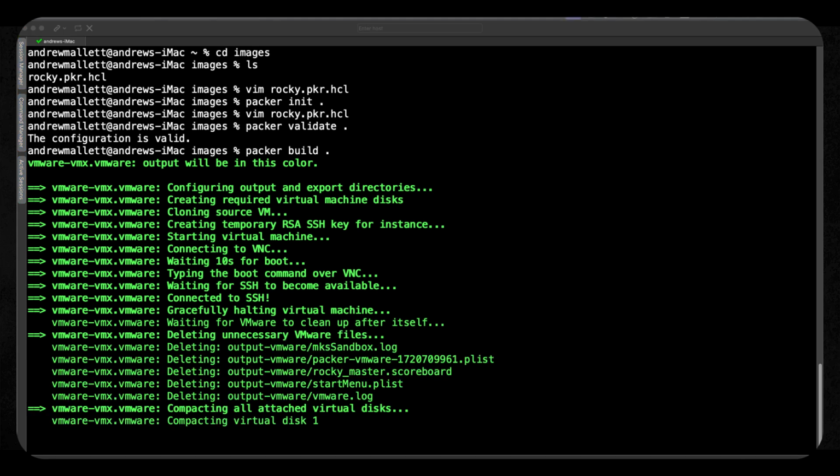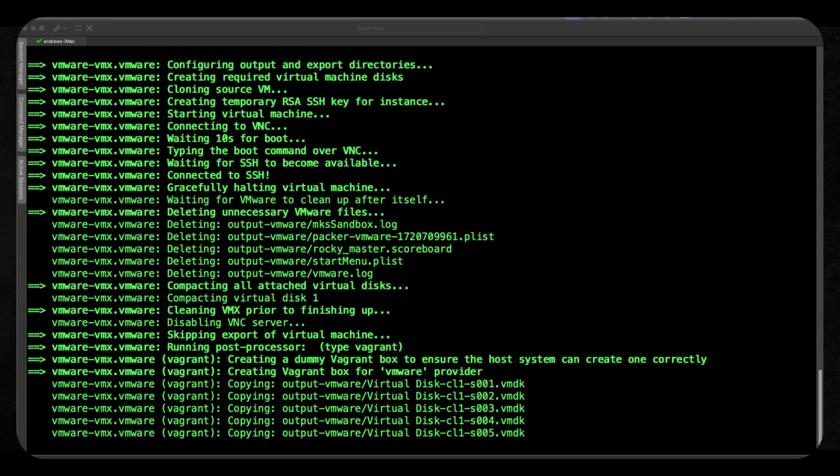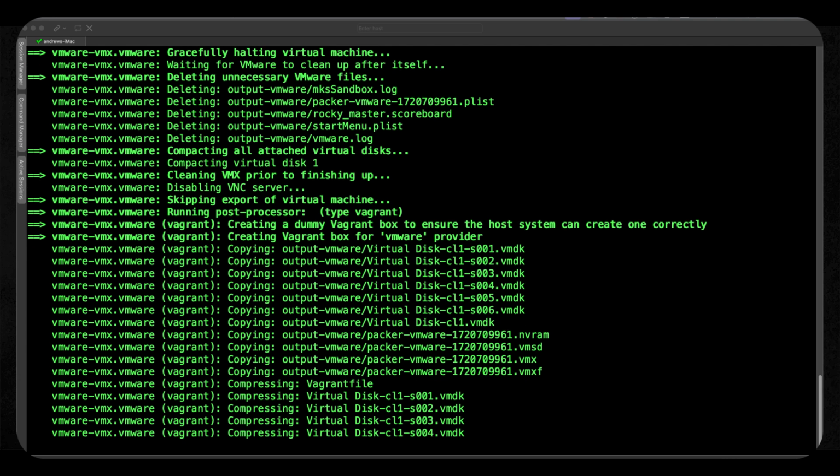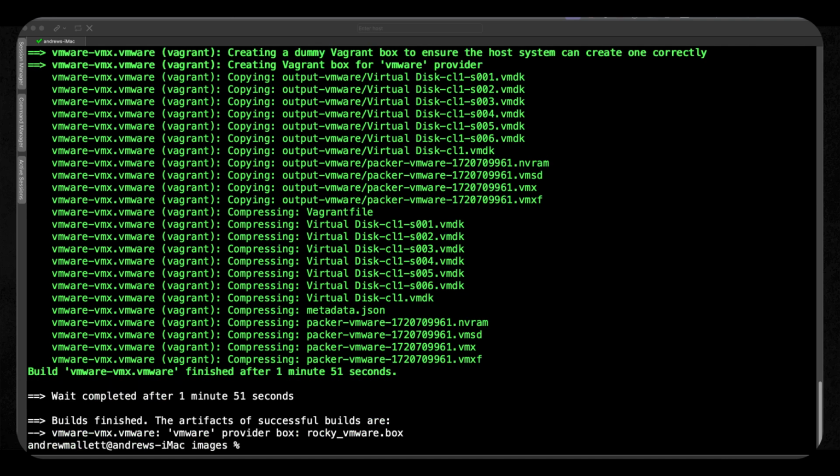Once that's complete, we can see then the files that it did tidy up, and now we're looking at compacting the virtual disk files. So this is why we then populated it with one big file full of zeros and then deleted that file, because we still leave all of the zeros on the disk, so compression is going to be more effective. So we should have our box file now.